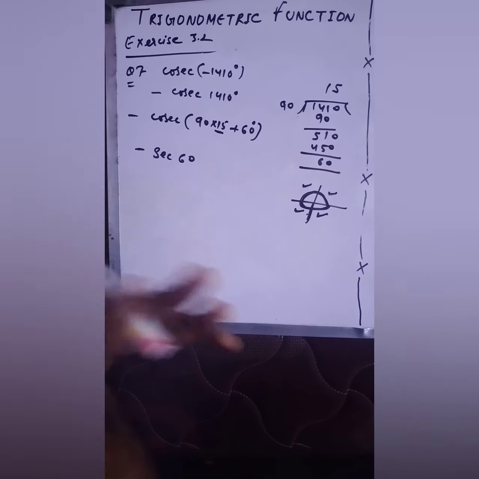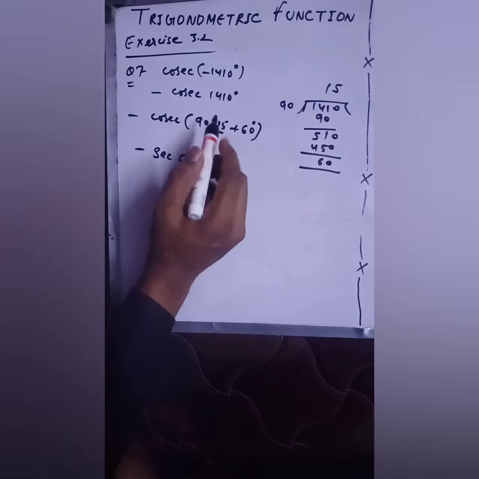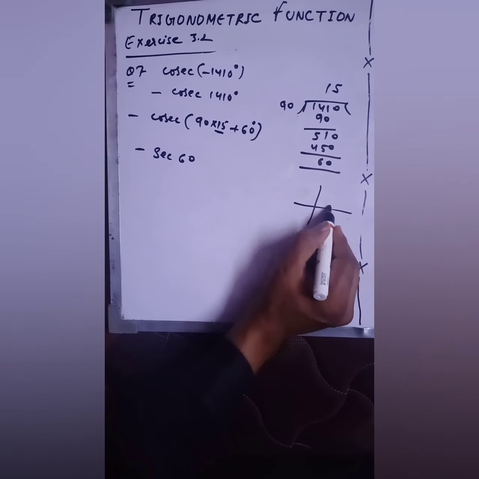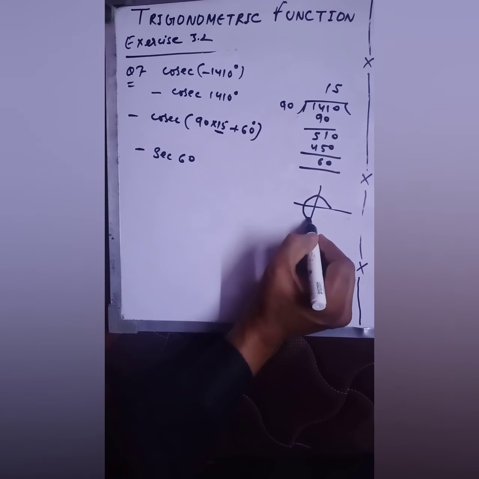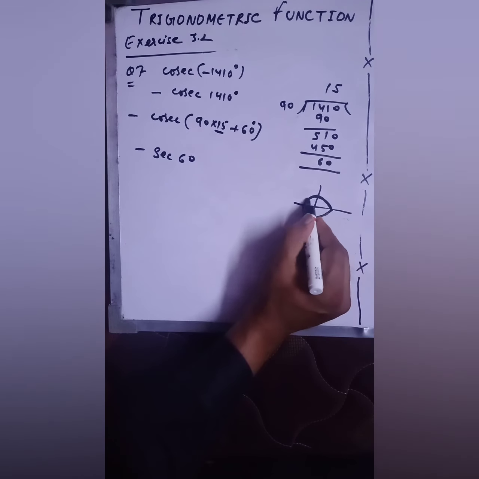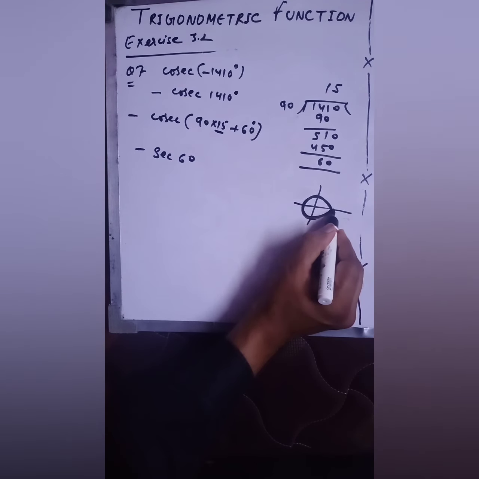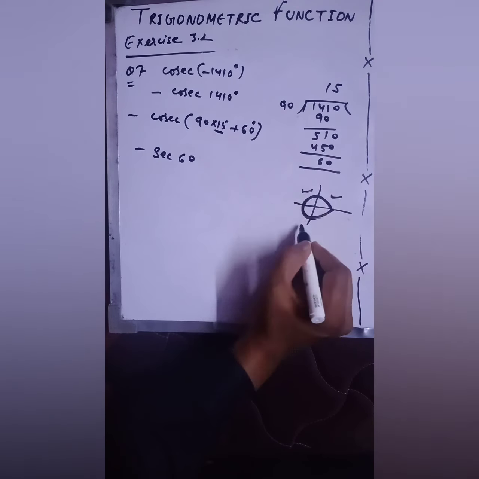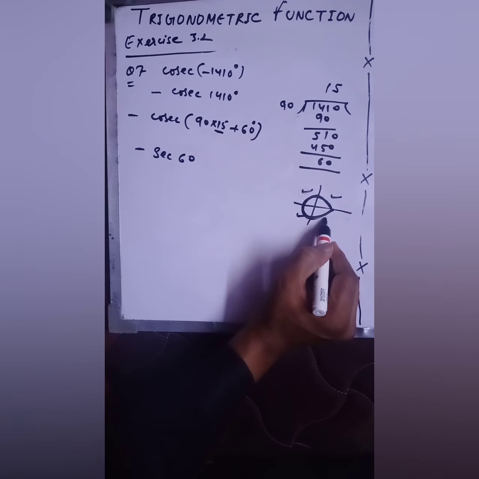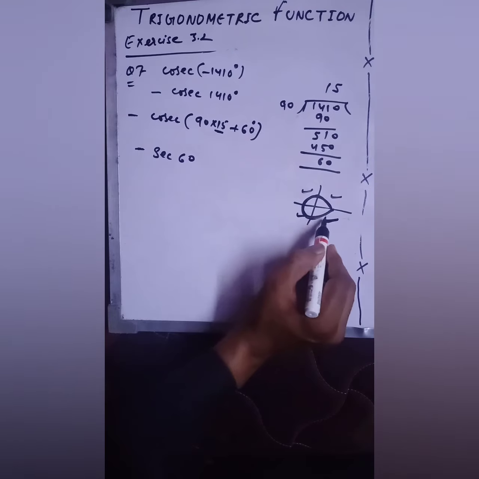Are you getting my points? See, again I'm explaining this. Here it is 90 into 15. So one quadrant is for 90: 1 × 90, 2 × 90, 3 × 90, 4 × 90. One round gives you 4 × 90. The second round will give you 8 × 90, the third round will give you 12 × 90. Then actually it is 15 × 90 now. So this is 13, 14 and 15 times 90, and then 60 is added to it. So we will find the value in the fourth quadrant.